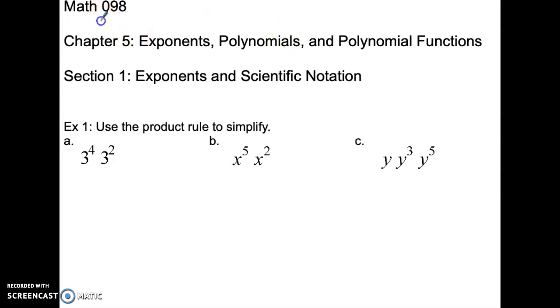Okay, Math 098, we're doing Chapter 5, Section 1, and we're going to be messing with exponents in scientific notation. So to start this off,